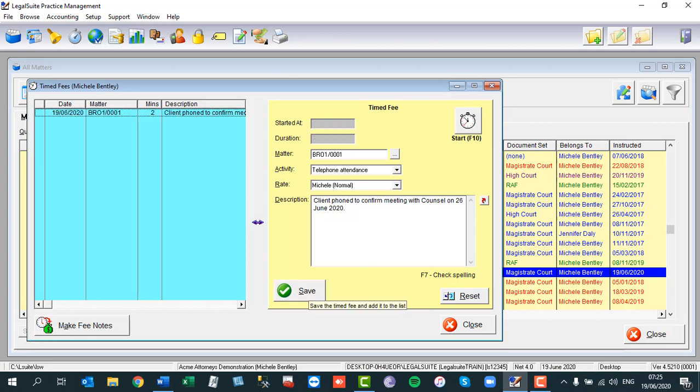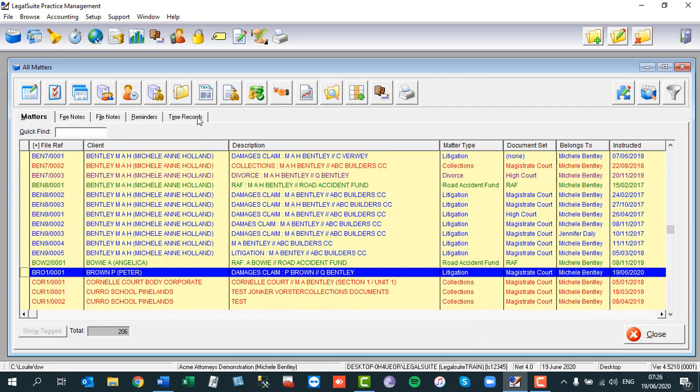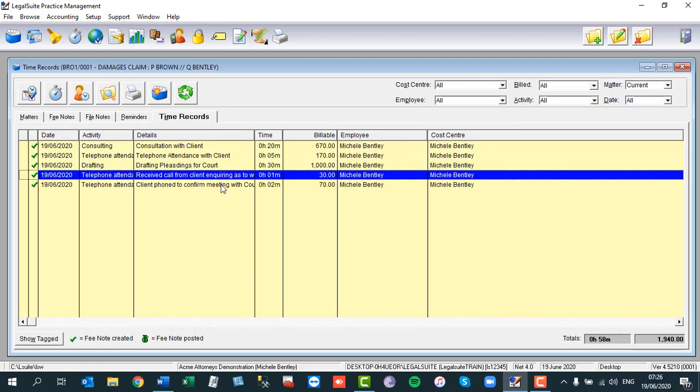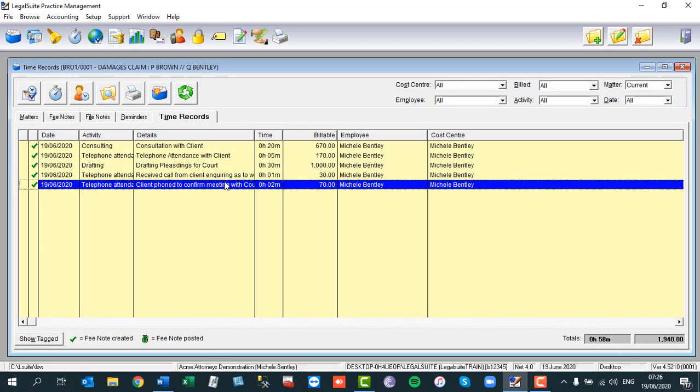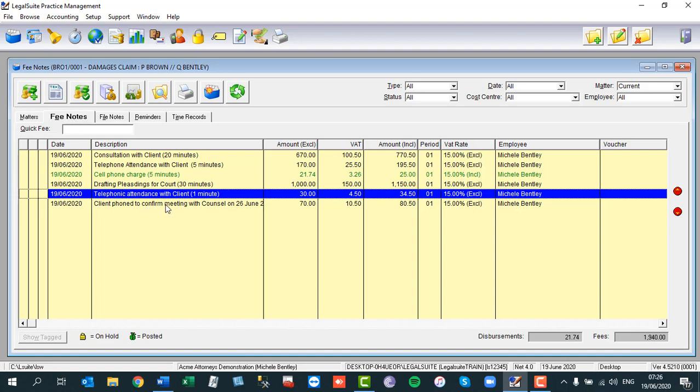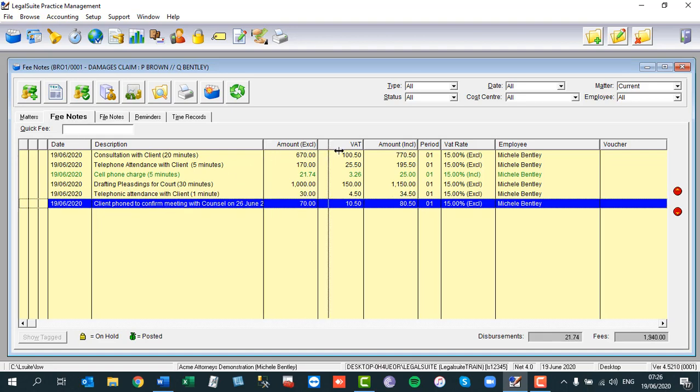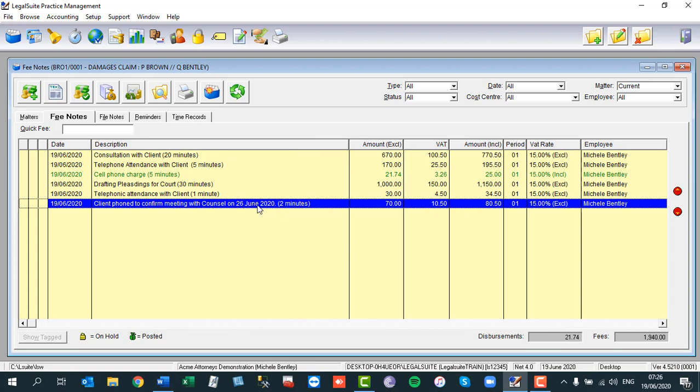Okay. Now, what it's done is it's saved my little telephone conversation, and I can say make fee notes. Now, this will immediately create both a timed record, okay, and a fee note, okay. I, however, would change this narrative to something less busy and less complicated, because this is what will appear on the client's invoice. So I would change this